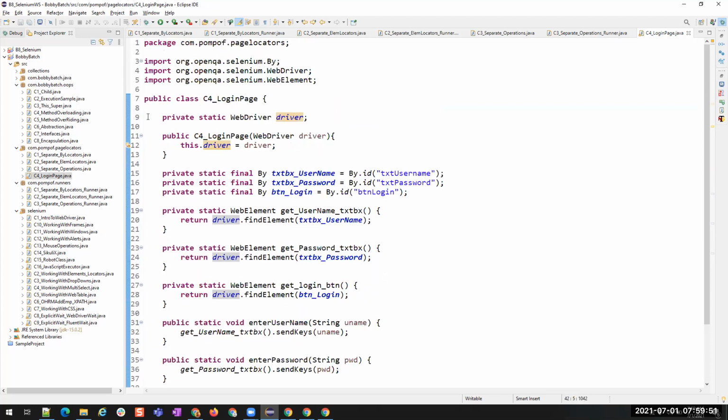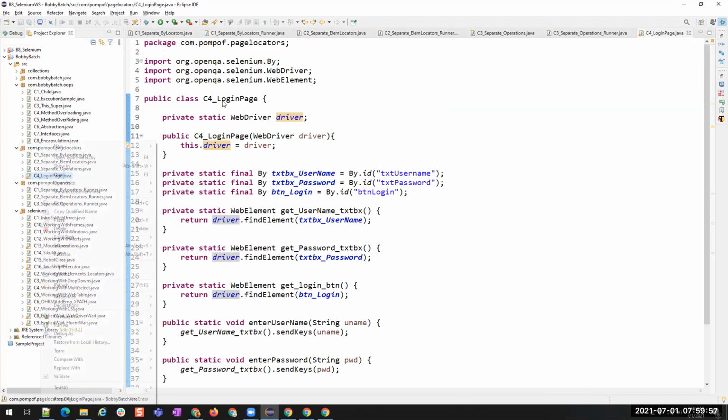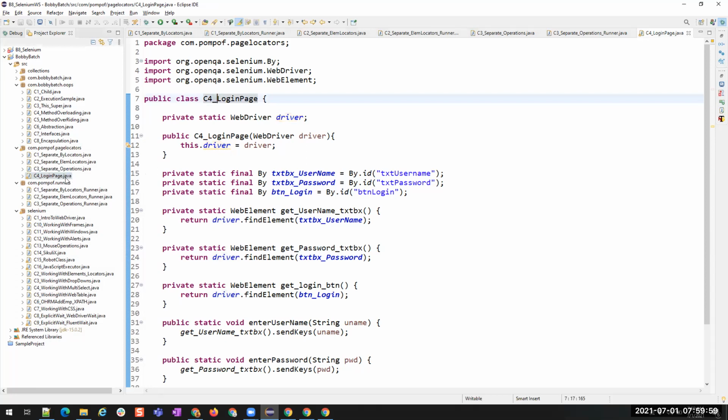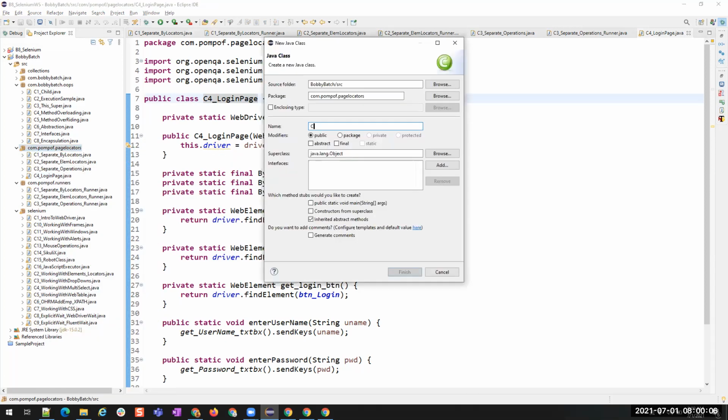Now, similarly, I'll create pages for home page. Rename it to C4_1 or C4_login page. Then I'll create a new class C4_home page.